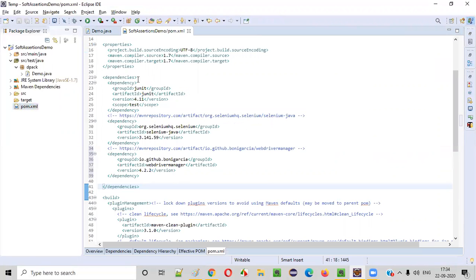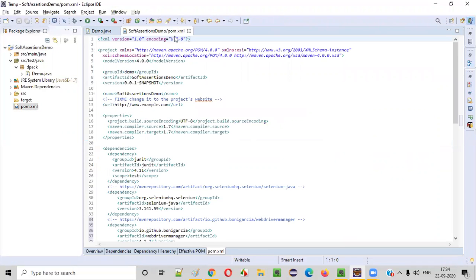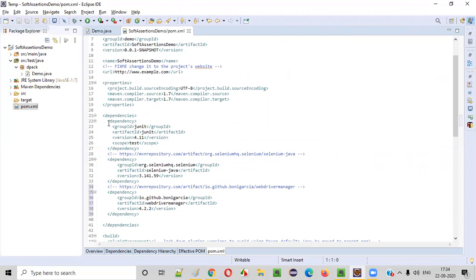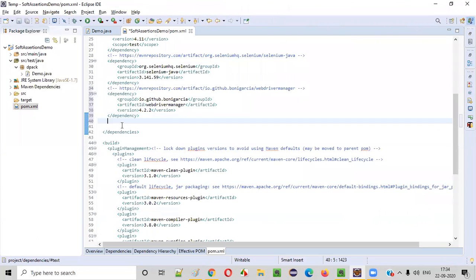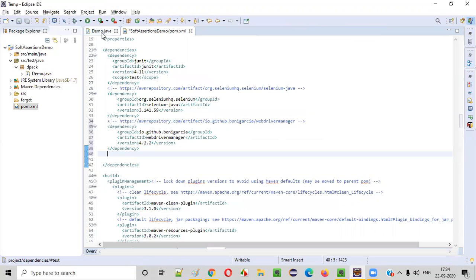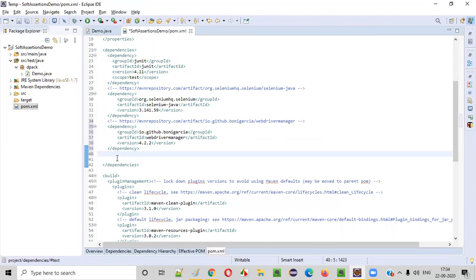So let's configure this project with TestNG. For that, guys, this particular project is a Maven project. It has a pom.xml file. Open the pom.xml file. So here we have some dependencies, guys. Okay, we have some dependencies already added. That's fine. Now we have to add the dependency tags of TestNG, guys. In order to use TestNG assertions, whatever it is, we have to provide dependency tags